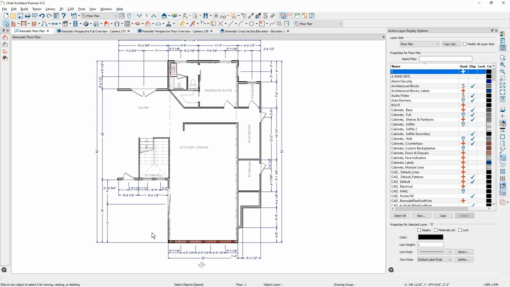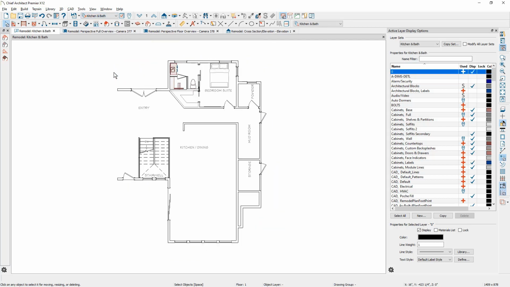project. I'm going to move on and place cabinets against this upper wall where I'm going to place the refrigerator, and then on the side wall where I'm going to place the cook range. I'm going to do this in a combination of floor plan, 3D, and wall elevation views. Let's begin by changing our saved plan view from the floor plan to the kitchen and bath and turn off layers that are not needed.